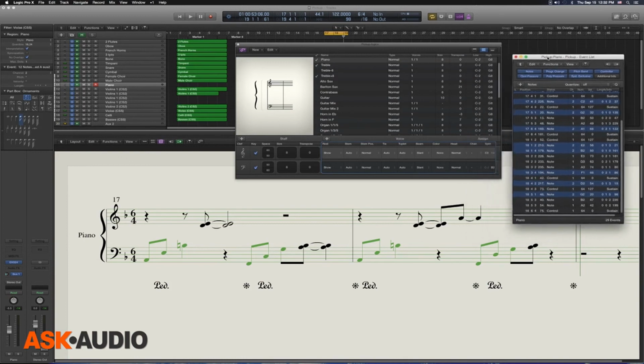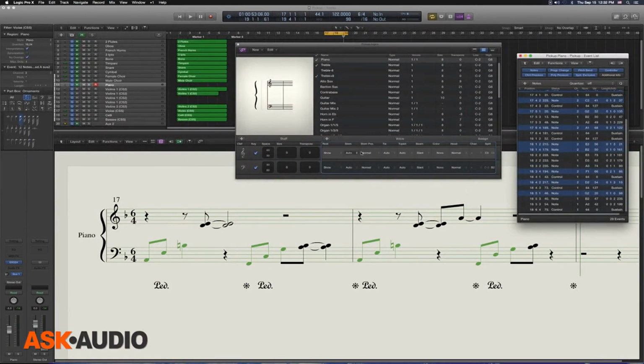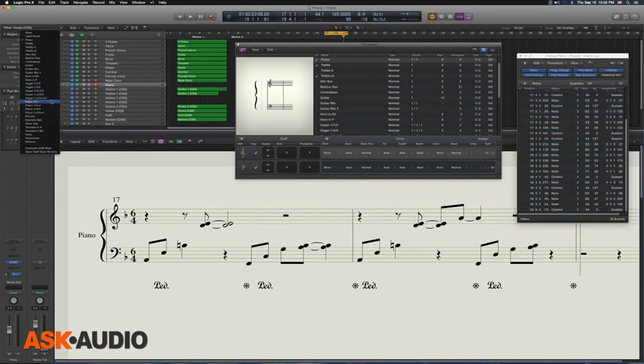The reason for that is because the piano staff style doesn't distinguish between MIDI channels. You can see here that the channel fields are blank. It will allocate notes exclusively according to the split point. But now if I apply the Piano 1-2 staff style,